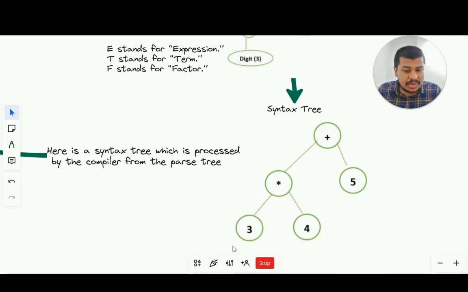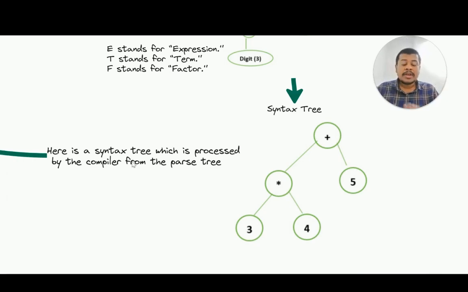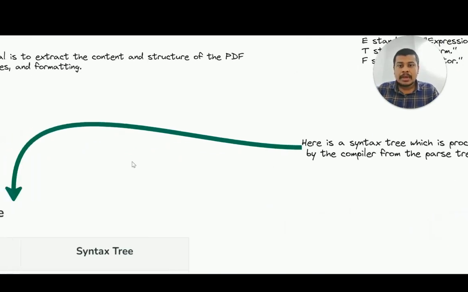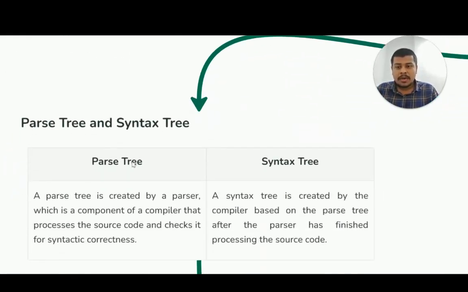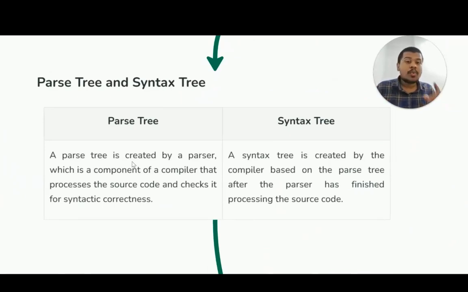So directly it comes up with the syntax tree, and this syntax tree has the direct operations that are needed to be performed. See, it's directly here. So these operations are directly used for doing the actual work in the low level machine code. So this is how the whole parsing of the program happens. So hope you understood the main difference between what is a parse tree and what is a syntax tree, and what is parsing, and how the basic NLP system that uses context-free grammar understands programming languages, right? So this is the whole technique.